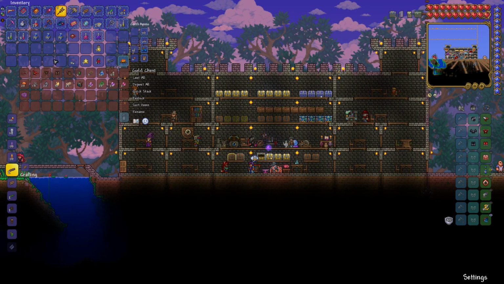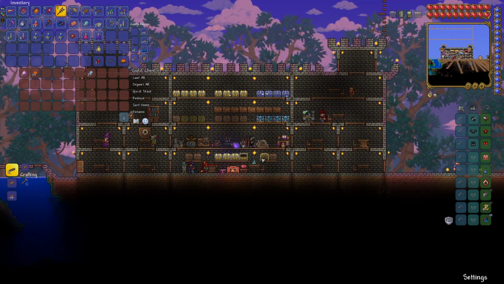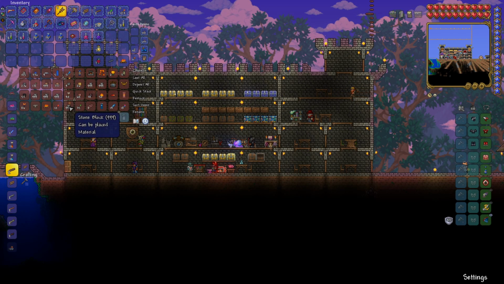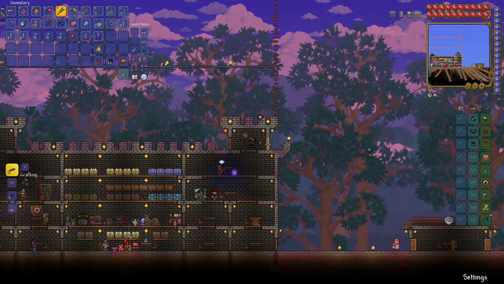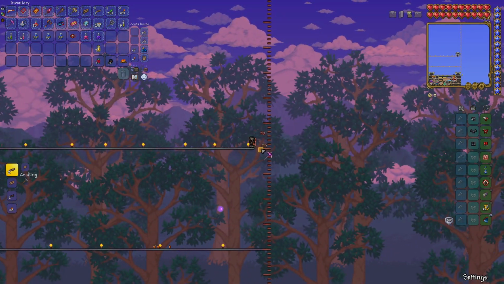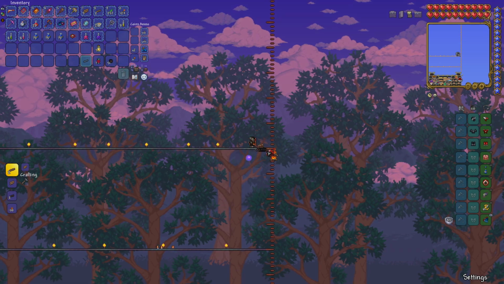And now we'll just put this stuff away for the moment. We need some blocks. What blocks do I want to use? Let's use obsidian bricks. That sounds kind of cool. Alright, so we'll use obsidian bricks for this. So the way this works is we're gonna break that part of our platform here, put that there, set this up,